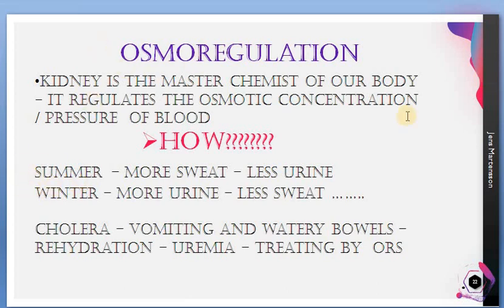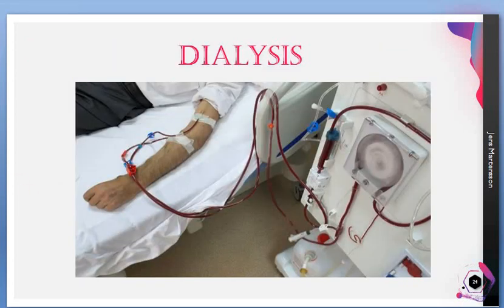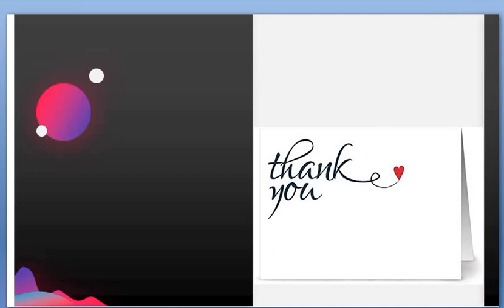Right? Simple osmoregulation, or what is osmoregulation? Maintaining or regulating the osmotic concentration or osmotic pressure of blood is osmoregulation. Which organ is doing osmoregulation? That is the kidney. Now I needed you to write 4 sentences here on this, and then about the artificial kidney we discussed. That's it about this lesson.